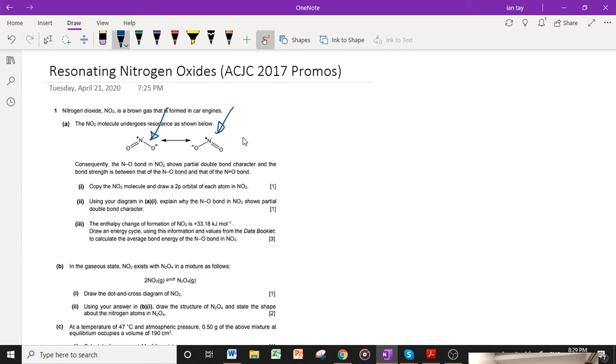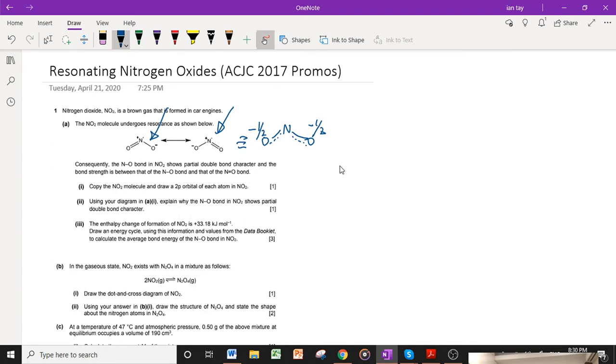So we expect that the true structure of nitrogen dioxide would involve exactly a minus half charge on each oxygen, because these two resonance contributors are identical, and a partial double bond character for each nitrogen-oxygen bond. So copy the NO2 molecule and draw a 2p orbital on each atom in NO2. Okay, so obviously the hybridization of nitrogen,